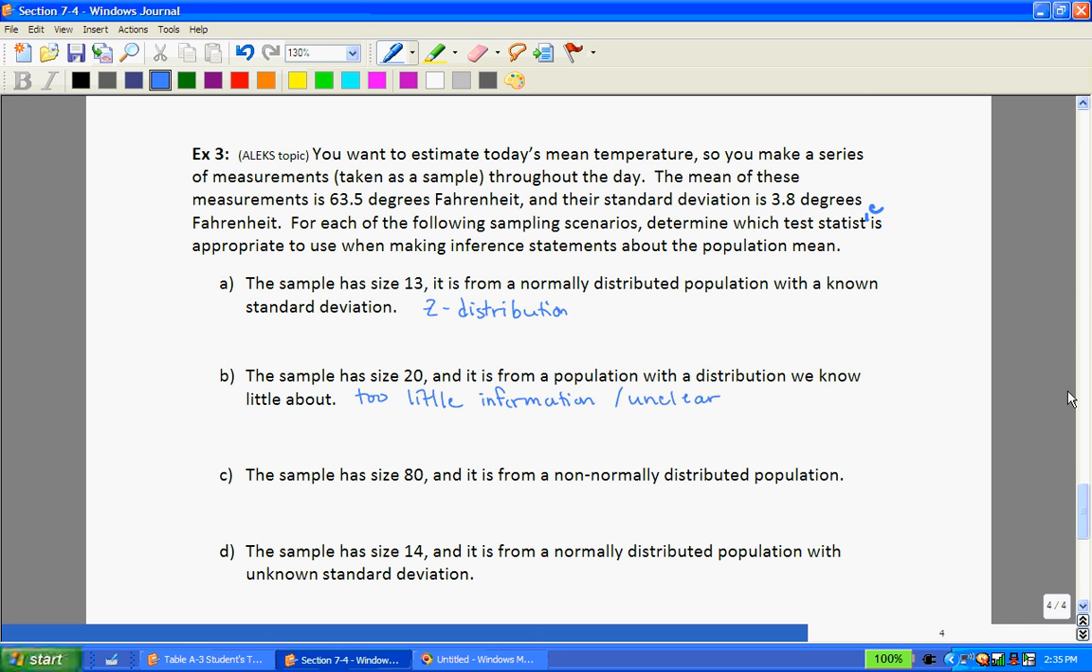How about C? The sample has size 80 and it is from a non-normally distributed population. Okay, so let's go through that chart again. Do I know the standard deviation? Well, they're not telling it to us, so we'll have to assume that we don't know that. So then I ask myself if the population is larger than 30. Well, yeah, it is. So since it's larger than 30, then I would use the z test. But because we don't know the standard deviation, I could also use the t-test. So this one could be z distribution